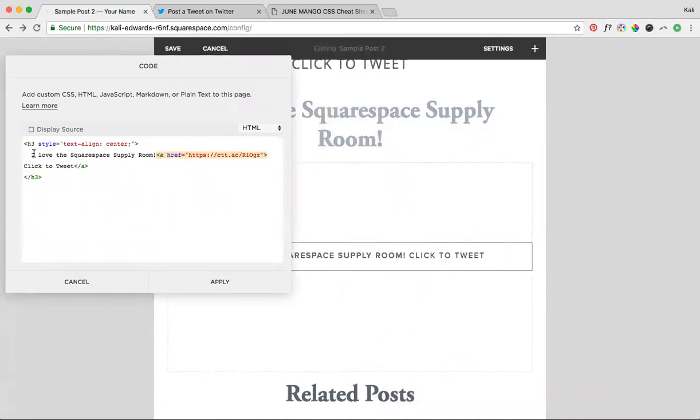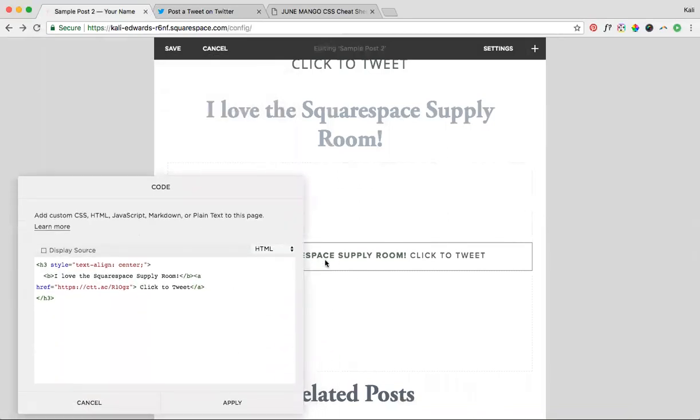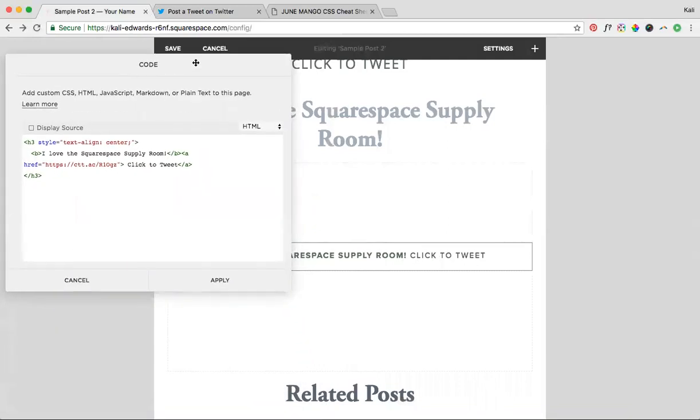So let's say maybe I want to make this bold. And again, this is a little bit custom, so you can get in there and play around with it. But maybe it says whatever it says, bolded, and then click to tweet is the call to action. You can also change the color of the click to tweet. You could change the color of your H3 or whatever to call it out. Let's say maybe we want the color to be pink,